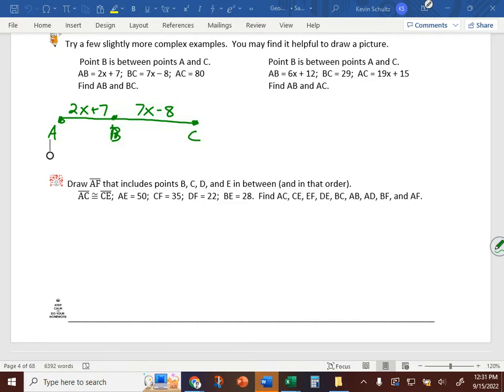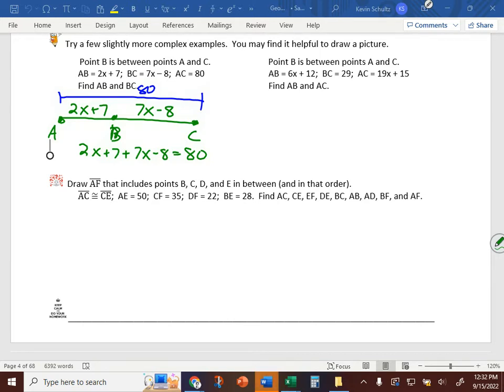And we're told that AC, the whole thing, is 80. So what equation can we set up here that's going to allow us to solve for AB and BC? Ellen? 2x plus 7. Oh, actually, 9x minus 1 equals 80. Excellent. Going back to what she originally said, that 2x plus 7, part of the segment plus the